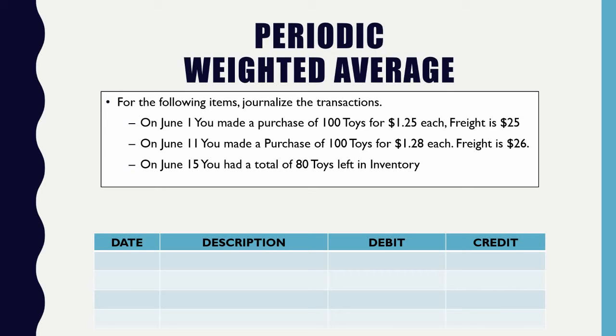Okay, so here we're looking at an example. It's the exact same sample that we've been working on for a while. This time, we are looking at weighted average. So on June 1st, you purchase 100 toys at $1.25 with a freight of $25. Then on June 11th, you also purchase another